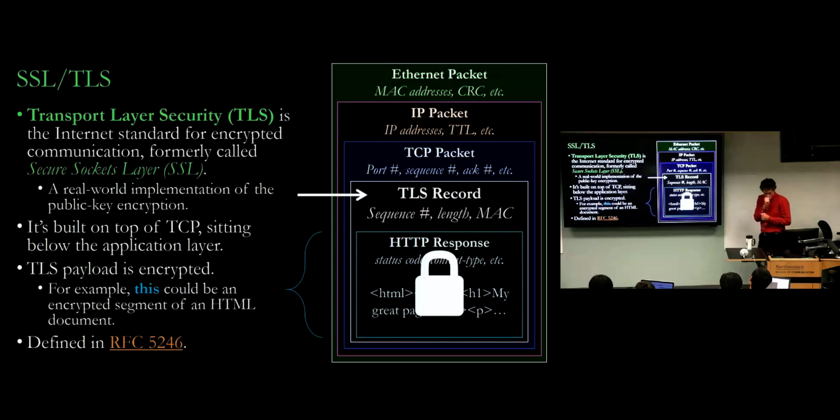In actual web traffic, we use what's called transport layer security, or TLS, to implement encryption and authentication inside of HTTP, or not just HTTP, but all kinds of network connections. So TLS is actually kind of a layer between TCP and an application layer. Usually the application layer we're talking about is HTTP, and then when you add HTTP and TLS, you get HTTPS, okay? But TLS is built on top of a TCP socket, and it